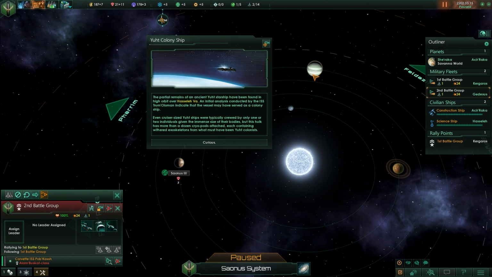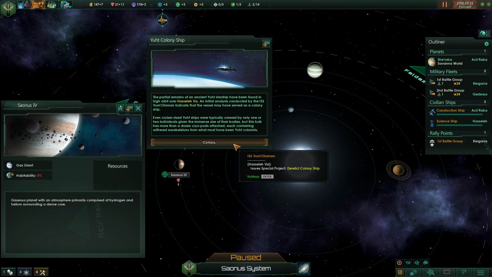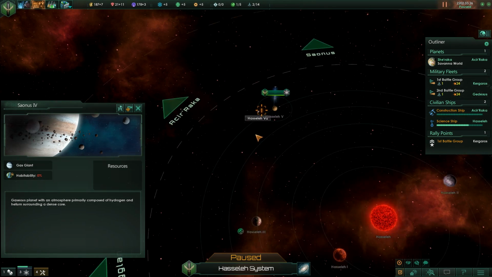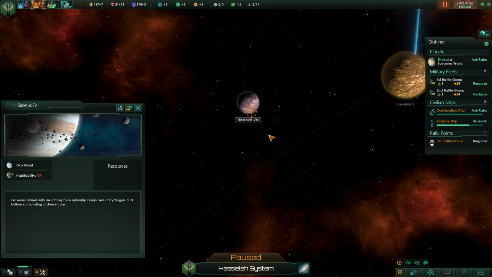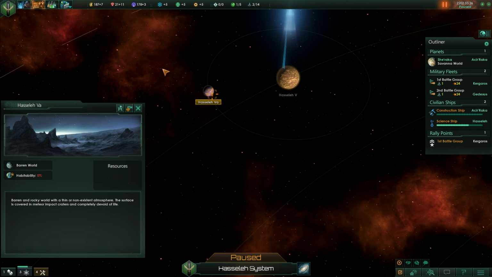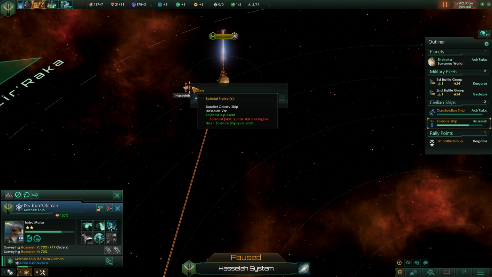Well, that's kind of sad. So, it seems like they started here on Serenus 4, and then they flew to colonize here, Hassel 5A. That's kind of sad. So let's go ahead and set our ship to...